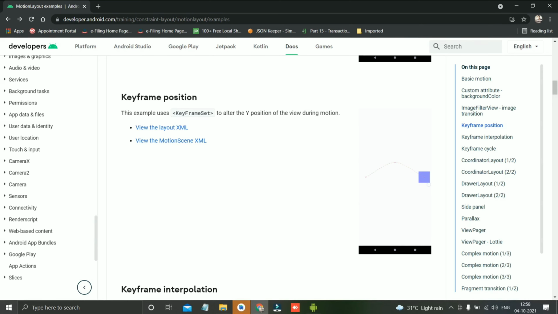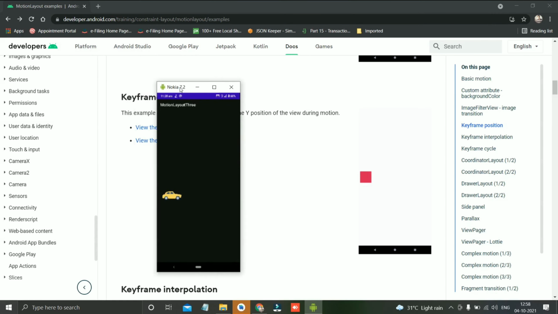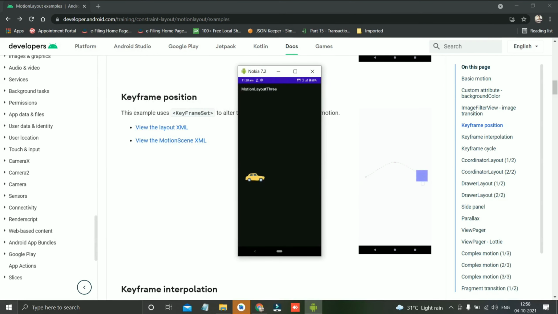So now the object is moving like a curve shape, so we have used the car with this object. So I will put this beside, so you can see clearly there the object was going, but here we have used the car like this. So there are many examples in our real-time projects, so we can use these keyframe positions whatever we want.